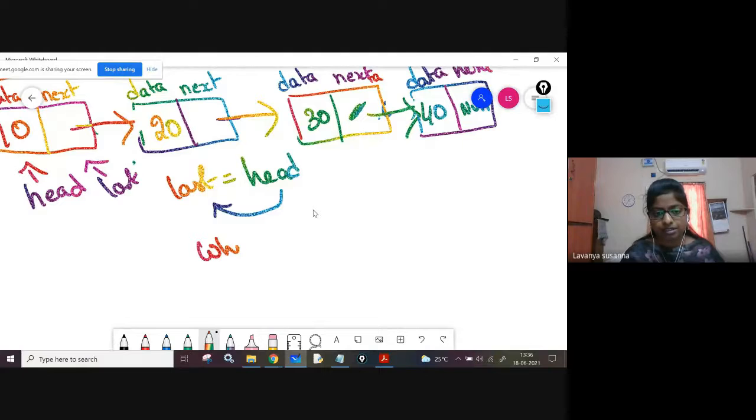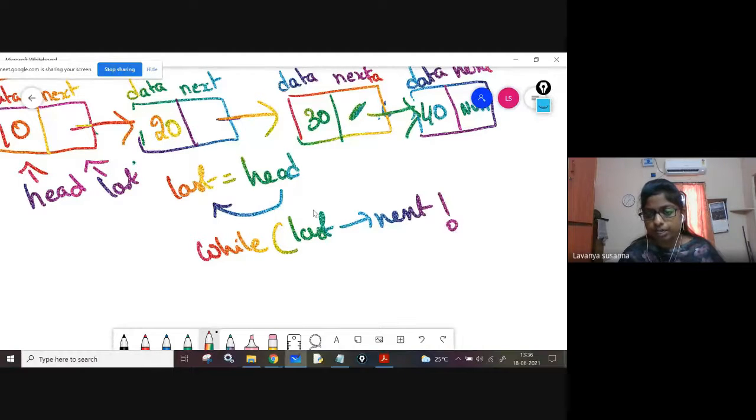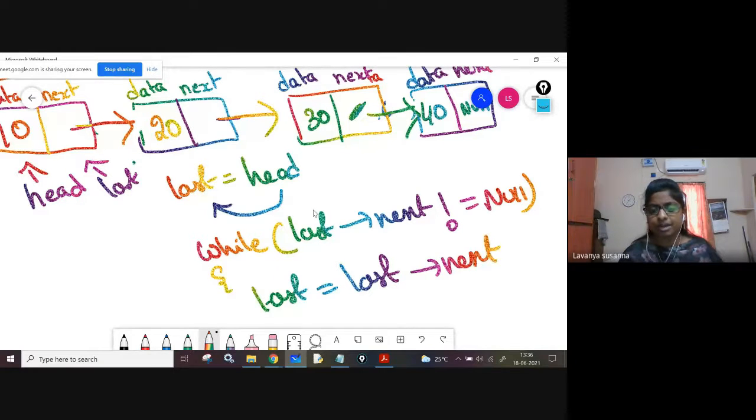Remember this condition: you have to traverse up to the last node, so you need to stop at the last node. While last of next not equal to null. How to traverse? Last equal to last of next, whether the temporary variable is temp1, temp2, whatever.